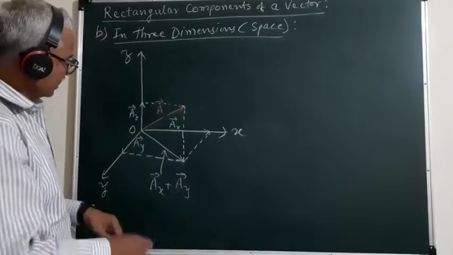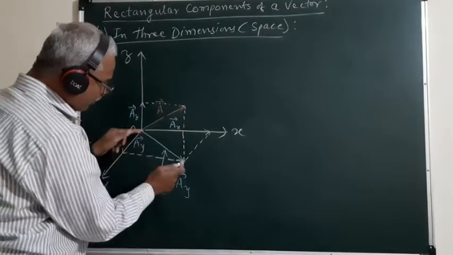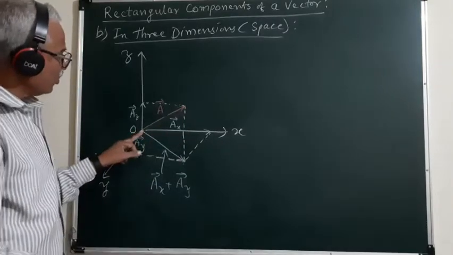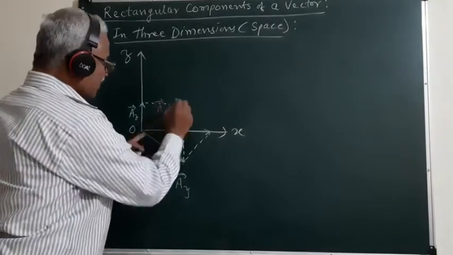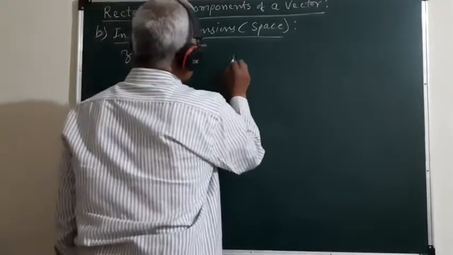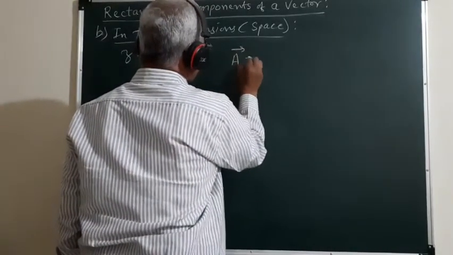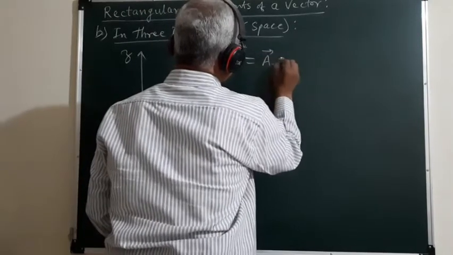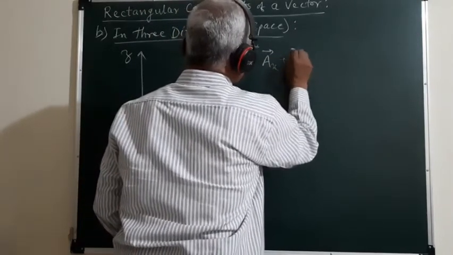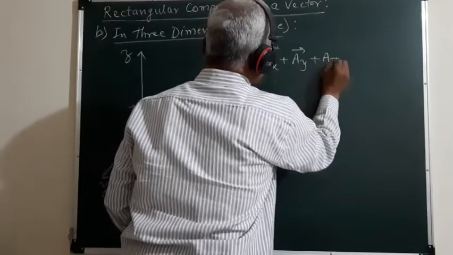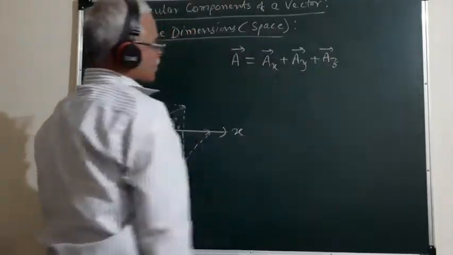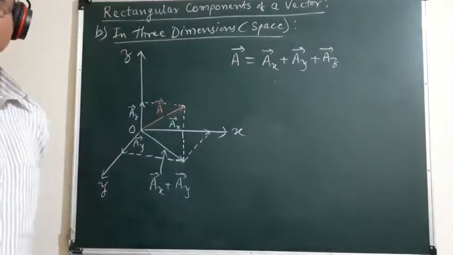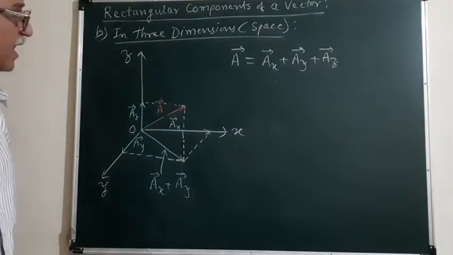And then if we take the sum of ax bar plus ay bar plus az bar, then in accordance with the triangle law of vector addition, it gives the resultant vector A bar. So, we can express the vector A bar as the sum of ax bar plus ay bar plus az bar. So, this is how we can express the given vector A bar in the space in terms of its rectangular